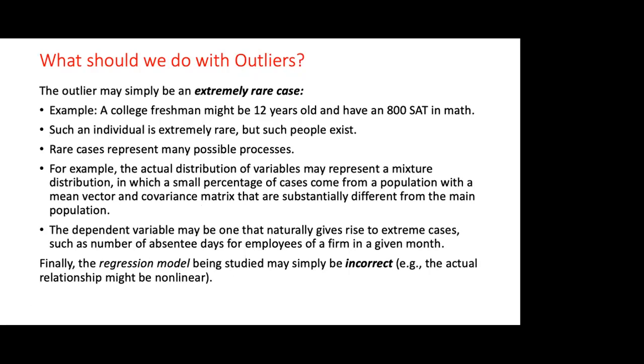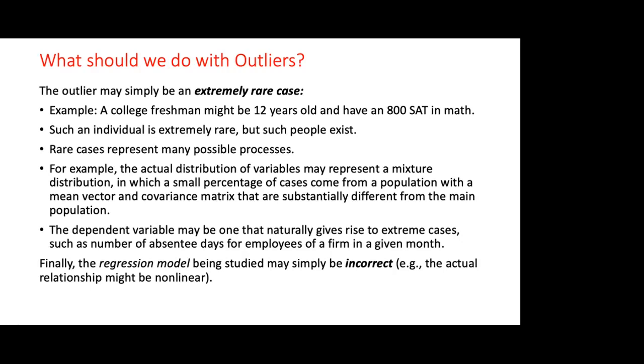If it's an extremely rare case, then as a default we usually do not want to exclude them, but we want to understand what they mean, right? So we have to take them into account. Of course, it is one option to calculate our model without those cases, but we also want to calculate it with those cases, and then relate the two outcomes to each other, and